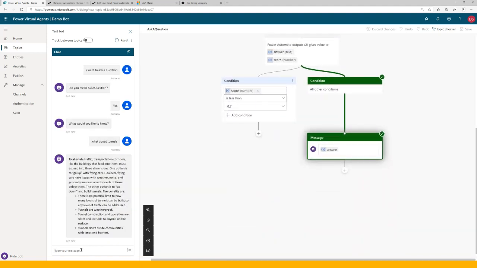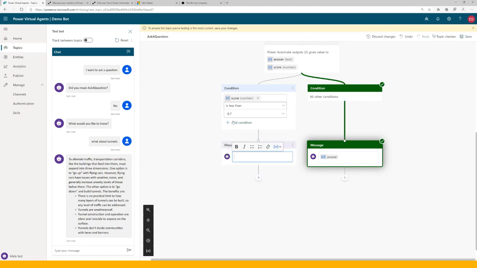Now, this is actually how you can implement it. So it's quite easy, but we could extend it a bit more. For example, here we could add a message when we are not so sure about the answer: Could you please